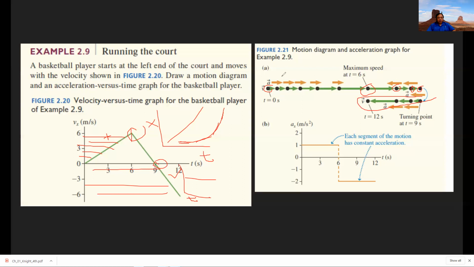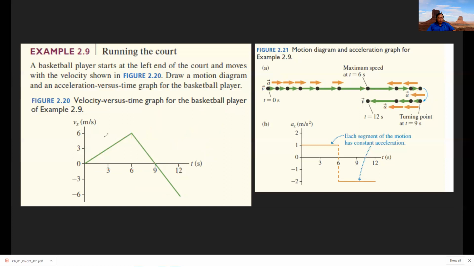velocity vector will give you the acceleration. That's why you have the acceleration there. Constant acceleration in the orange. So the most important thing is you can relate the velocity to the motion map. So if you plot the acceleration, which is the next question, this